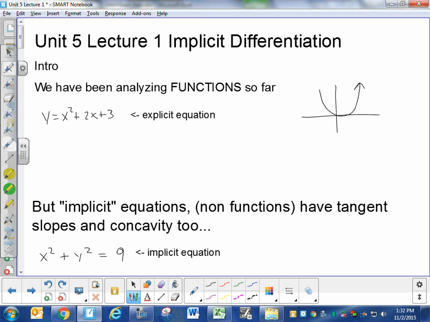I don't even know what this looks like. Something like this. I don't know. It could be shifted up, down. Just looks like that. Okay? And we figured out we could find tangent slopes of that. We could take the derivative of this,